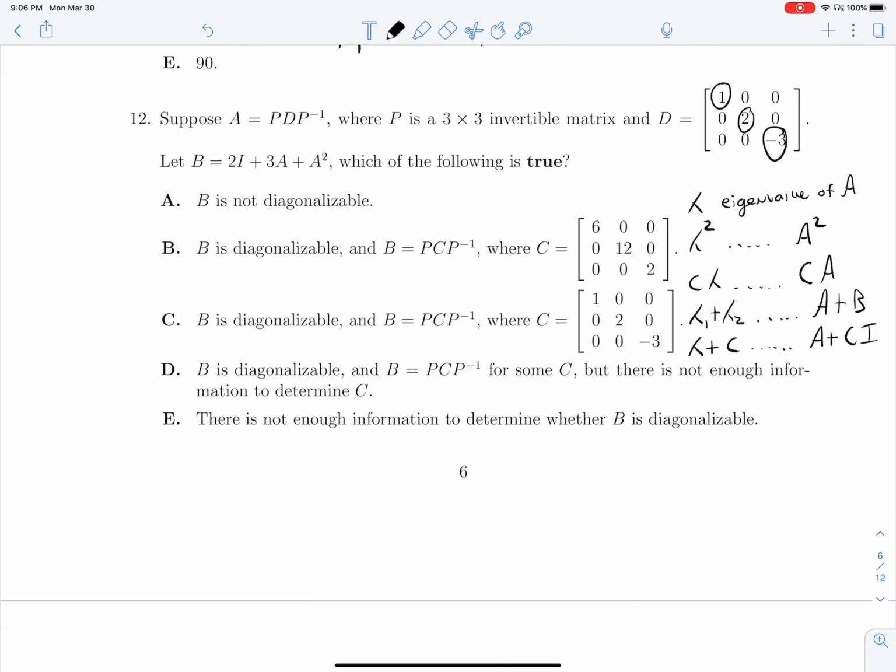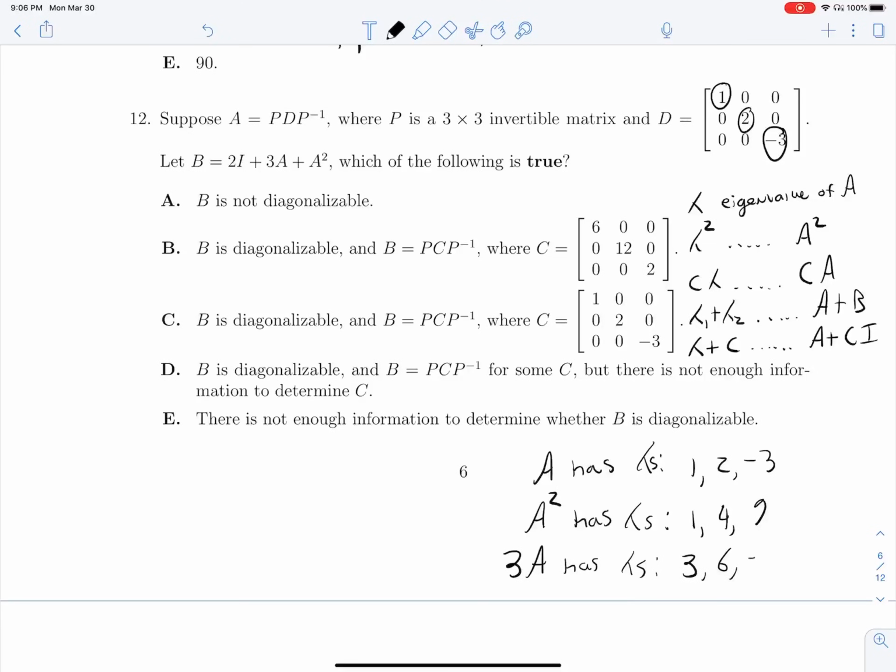We know that the eigenvalues of A are 1, 2, and 3. So A has lambdas 1, 2, negative 3. So A squared has lambdas 1, 4, 9. Also 3A has lambdas 3, 6, negative 9, and then we can finally solve for the lambdas of A squared plus 3A plus 2I, and we'll see that